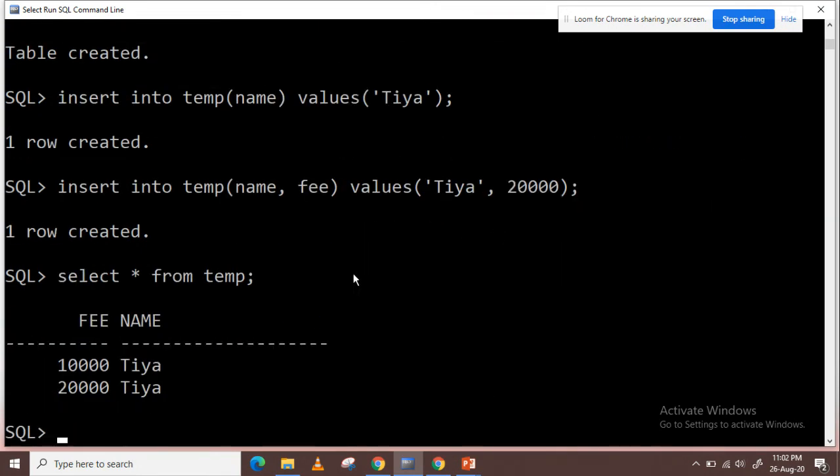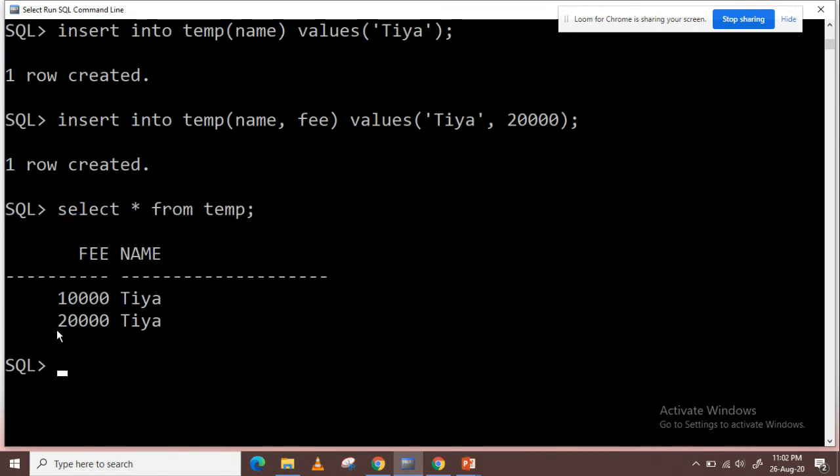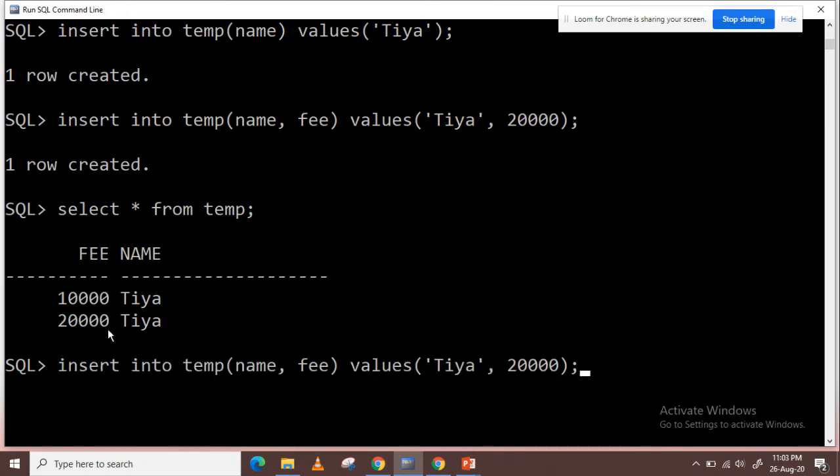Okay, and for the second row, as I have defined 20,000 as fee and name as Tia, it has taken the new value, meaning it has not considered the default value for the fee column here, because I have already provided the value. If I skip this value, then it is going to take the default value. So let's insert a new row with name, suppose Ria, and no value for fee.